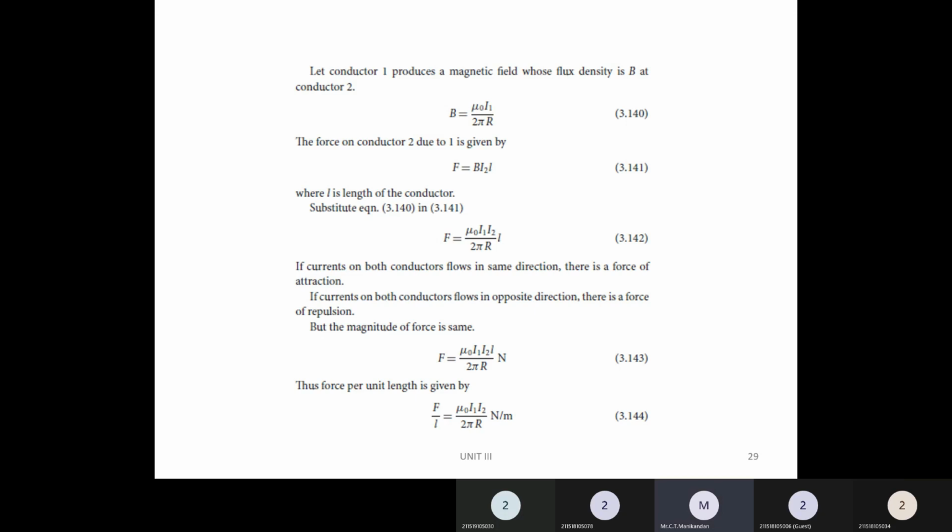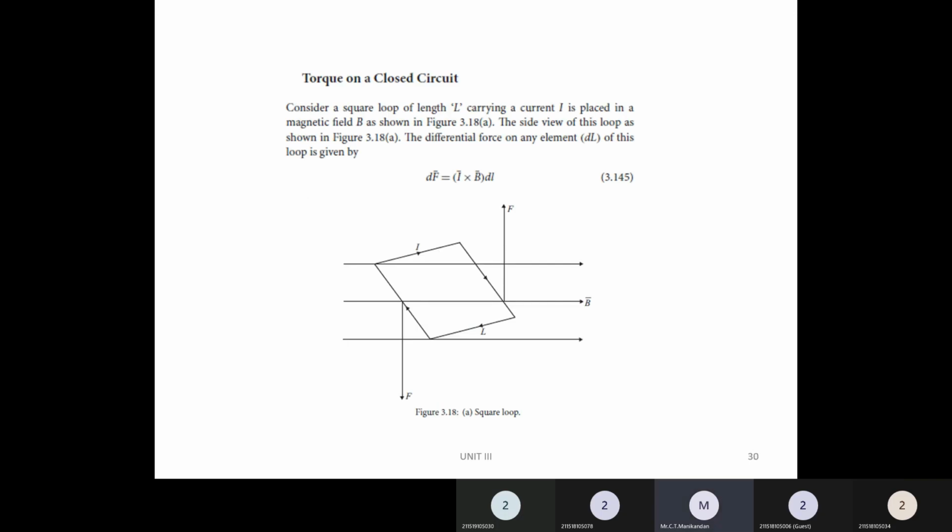F equal to mu naught I1 I2 into L divided by 2 pi R Newton. The force per unit length, that is, L comes to the left hand side, is equal to mu naught I1 I2 divided by 2 pi R, in Newton per meter. Then when you go for the torque,